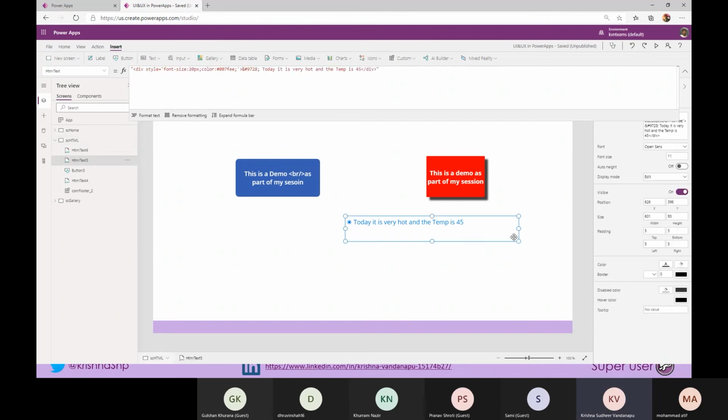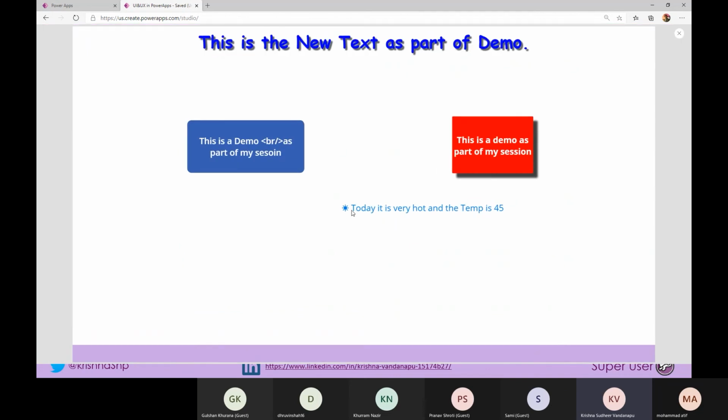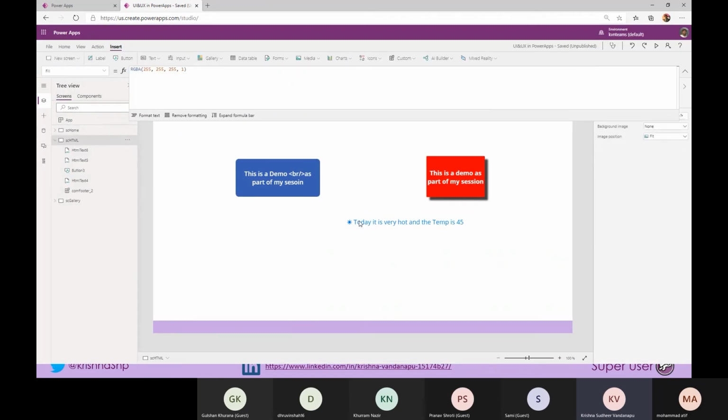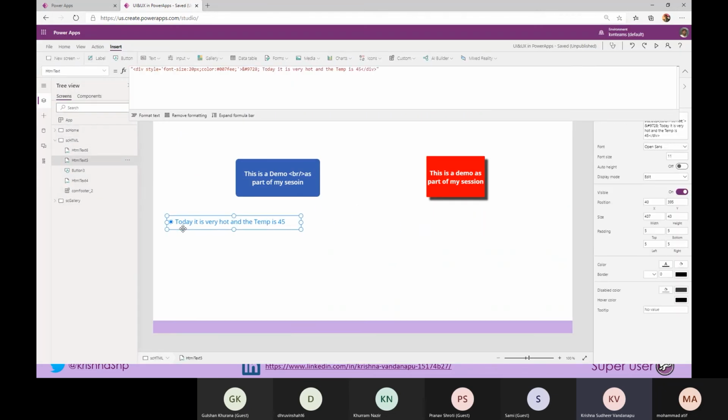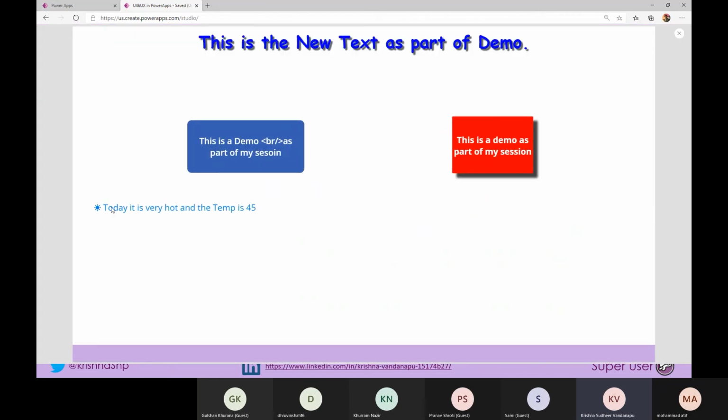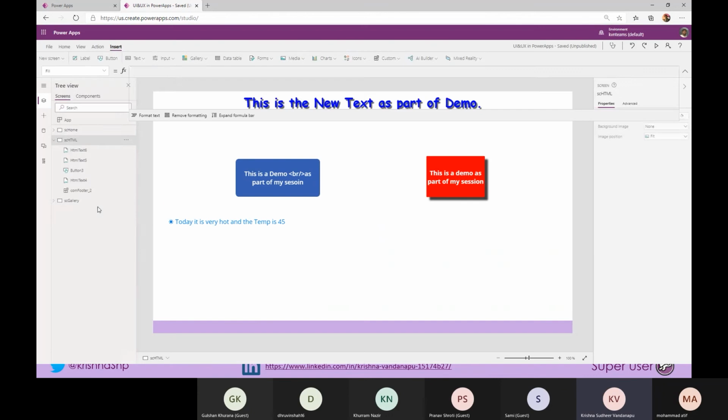If I had to show the sun icon as part of my Power App without the HTML control, I would end up importing an image for the sun icon and another label to show this text. But now I can add everything into one control, and there is no upper bound limit on using these controls.